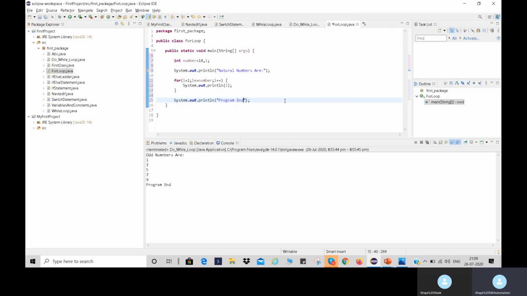Let's execute this program. It is displaying natural numbers 1, 2, 3, 4, 5, 6, 7, 8, 9, 10. Till 10 it is displaying all the natural numbers. Like this, we use the for loop in Java.